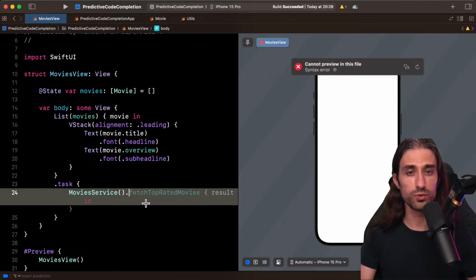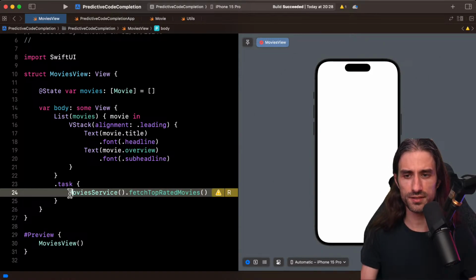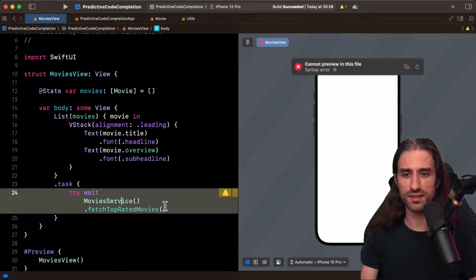And now it wants to also use the result as if it were a completion handler, but it hasn't taken into account the fact that I made it async in the code base. Or maybe it does take it into account, but the signal is not enough to overcome the fact that the AI leans much more strongly towards the completion handler end of things. So that's a bit frustrating, to be honest, but we'll have to deal with it anyway.